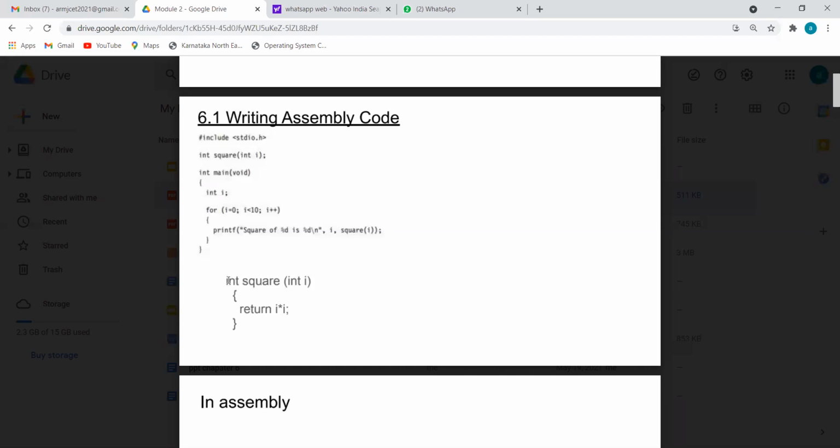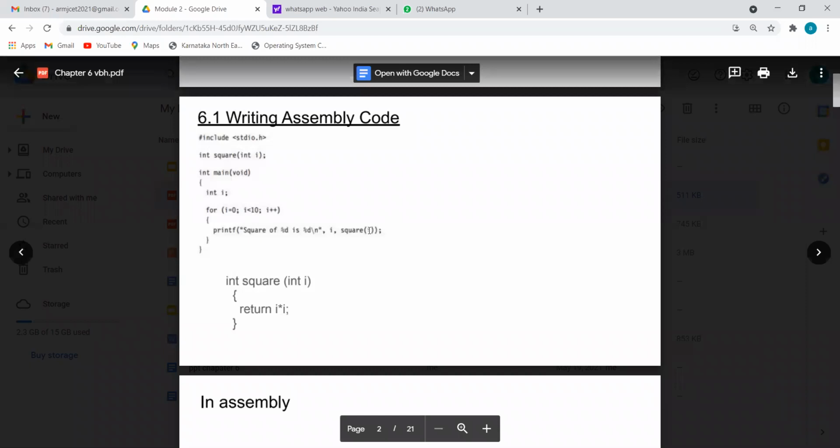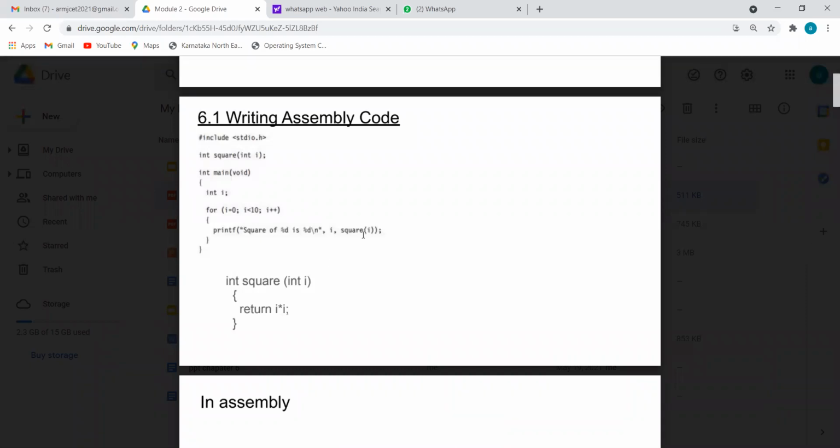So how is it working? Square. Whatever I you have passed as a parameter, called by value method, that is copied for I. No change in the value, hence the parameter is passed directly. So what this square function will return is, it will calculate I into I. It will give back the answer to whoever it has been called by. Since it is called by main here, it will return the answer for the main, hence the square is also return int. Okay, so like this the program works.